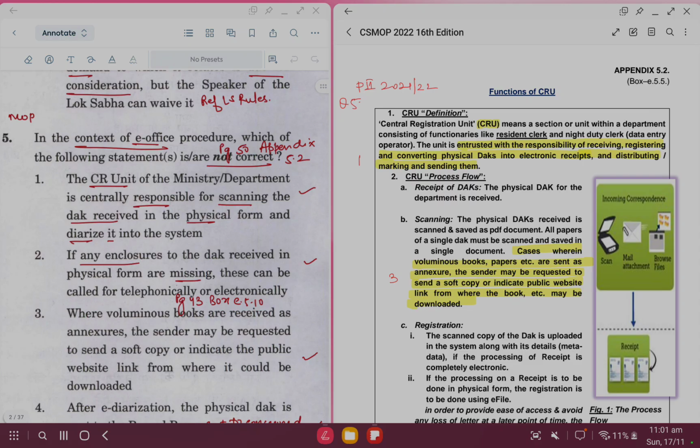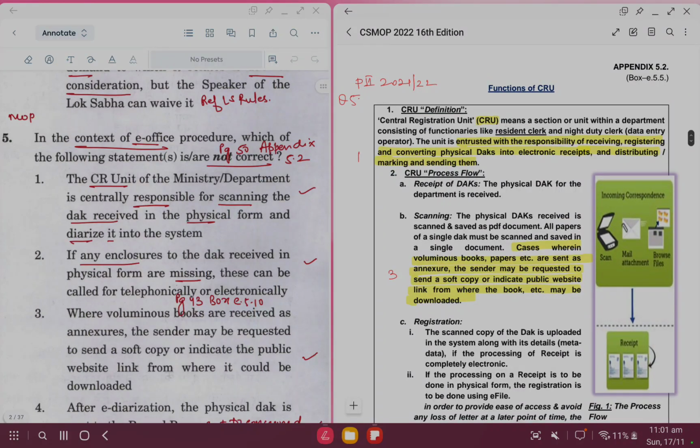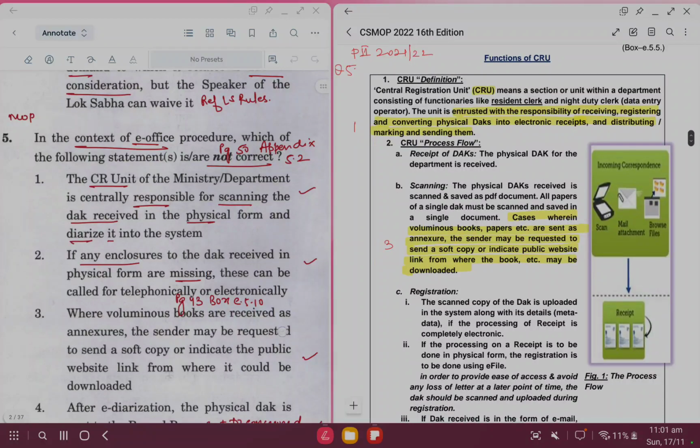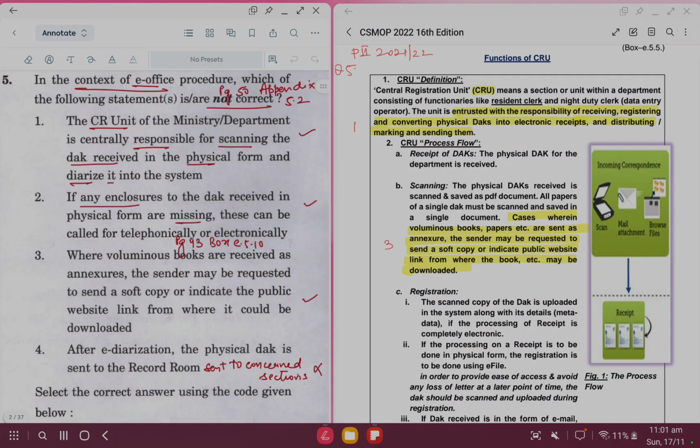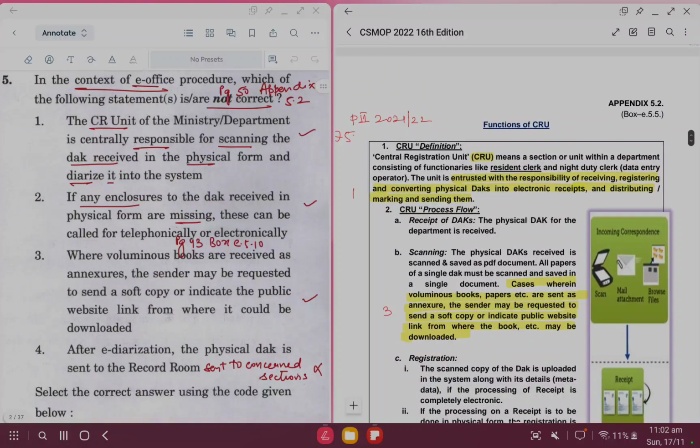Yes, as per the definition of CRU in this appendix, it is entrusted with the responsibility of receiving and registering DACs into electronic receipts and diarising them. So statement 1 is right. Statement 2 says if any enclosures to the DAC received in physical form are missing, then these can be called for telephonically or electronically. So on page number 43, if you go,